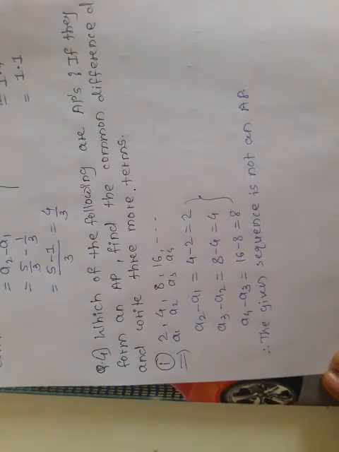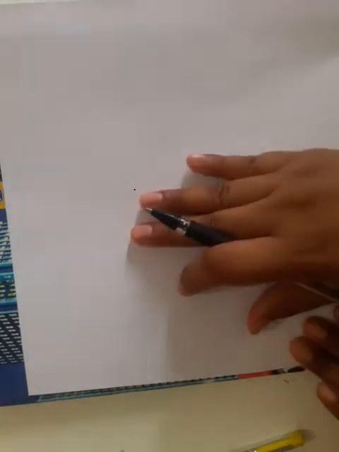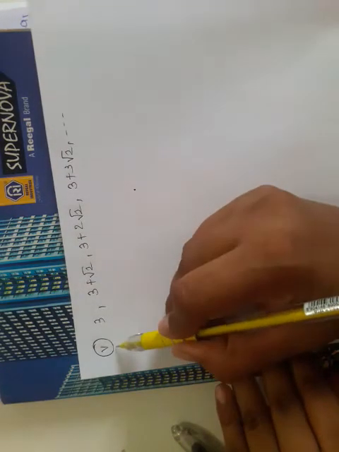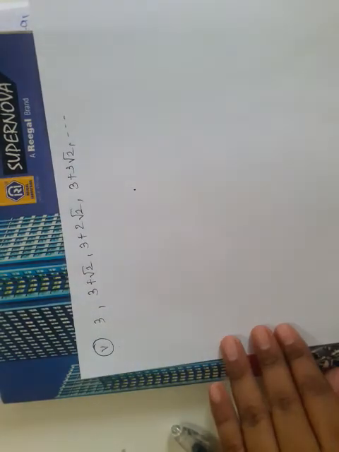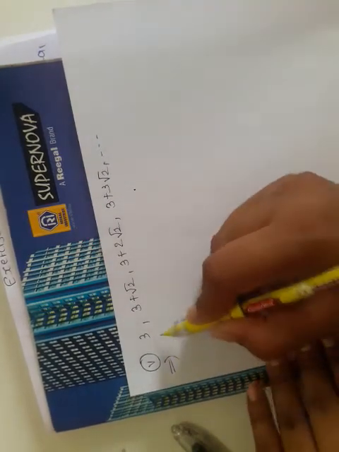Now come to the next example. I am taking only the examples that are difficult for you. You must solve the other examples, except the ones we have taken in this video, at home. So our next example is example number 5. Try to solve examples number 2, 3 and 4 by yourself.